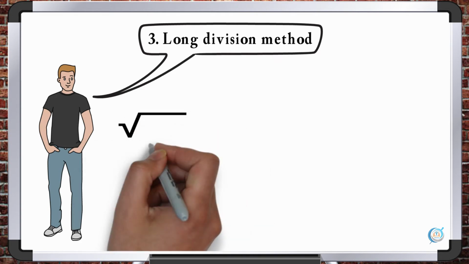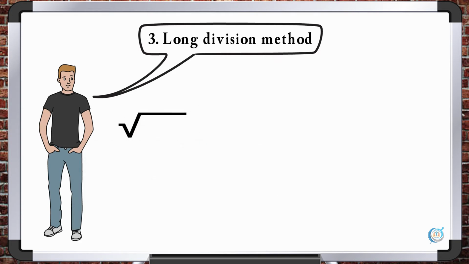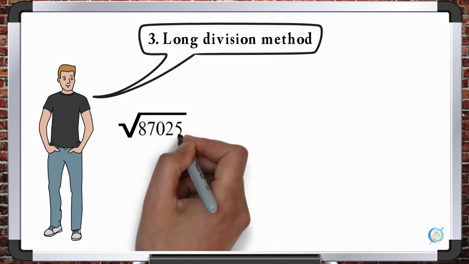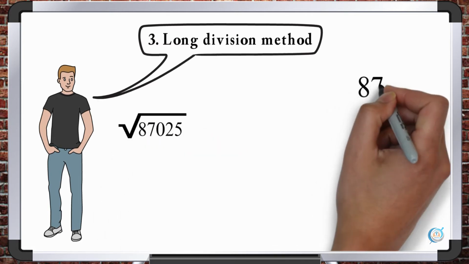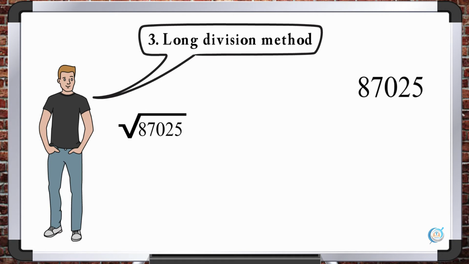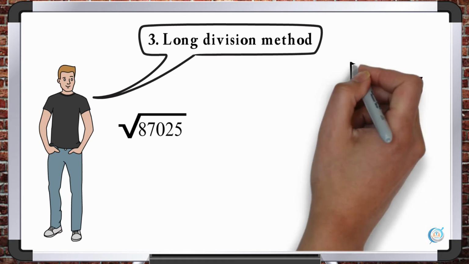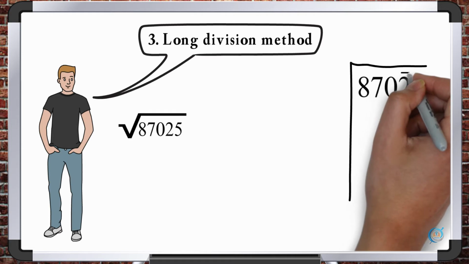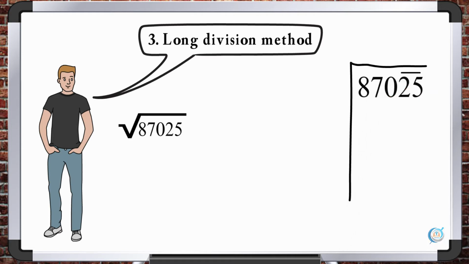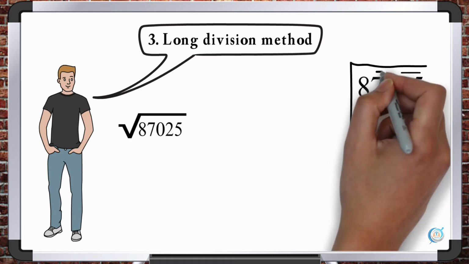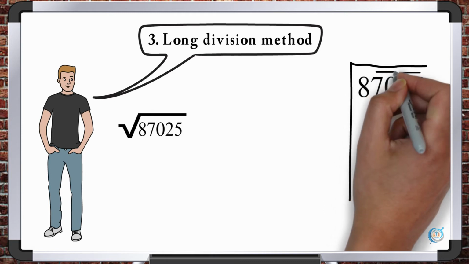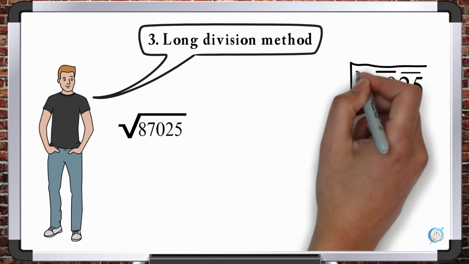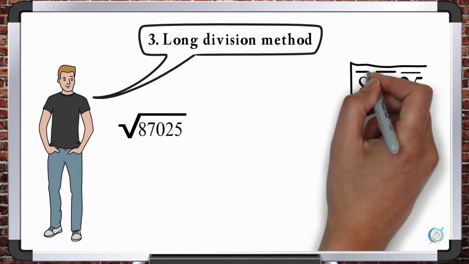In this, we will take a 5 digit number. So square root of 87,025. In this, we are going to do division. So 87,025 we are writing for division, and we will pair it from the end. Last two numbers a group, next two numbers a group, then only one number is there, then that number comes